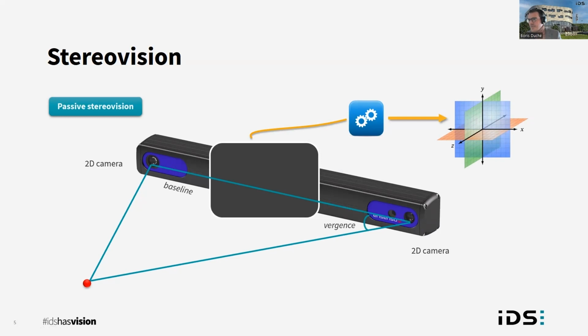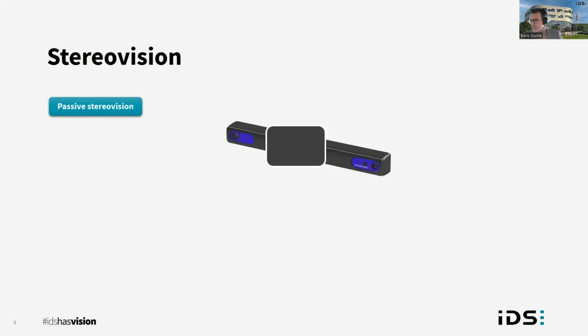The distance between the 2 monocular sensors that make the stereo vision camera is called the baseline. It has a huge importance on the quality of your data. Usually when the baseline is larger, the accuracy of your point cloud is better. The angle between the two monocular cameras that make your stereo vision system is called the vergence angle. It is, of course, important to have an overlap between the fields of view.